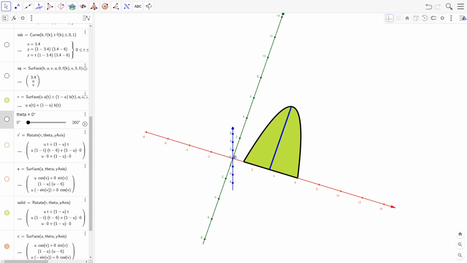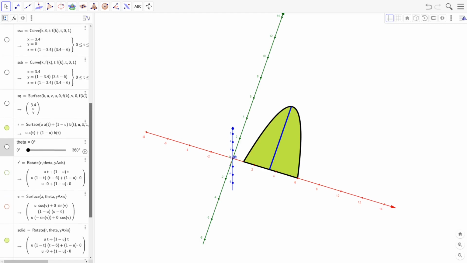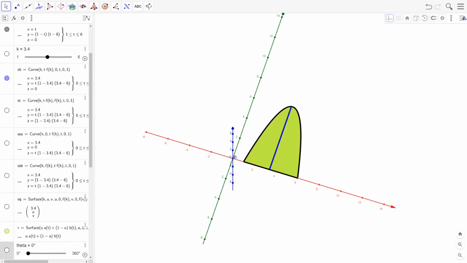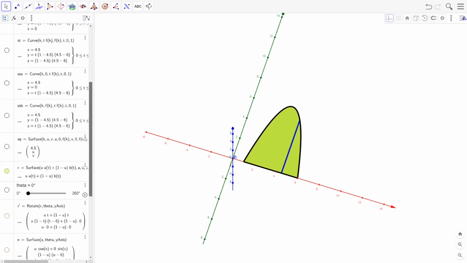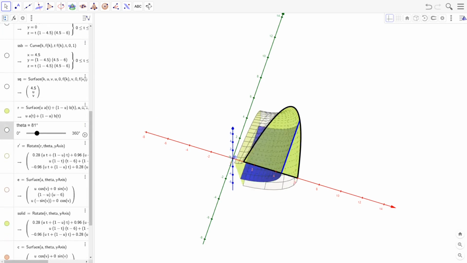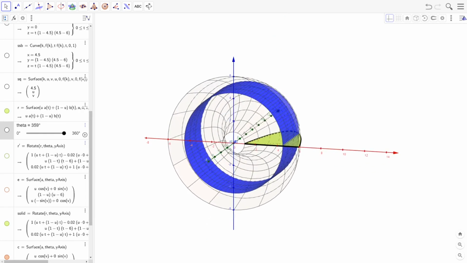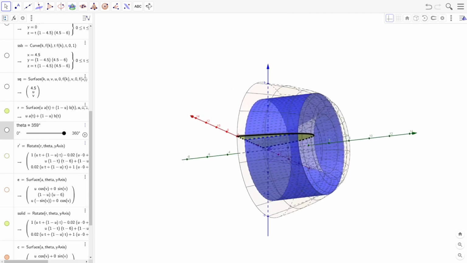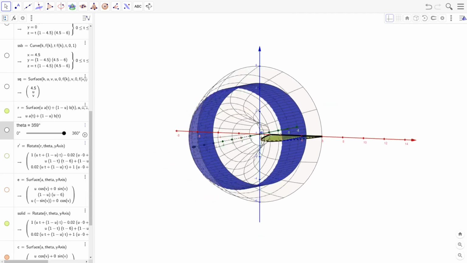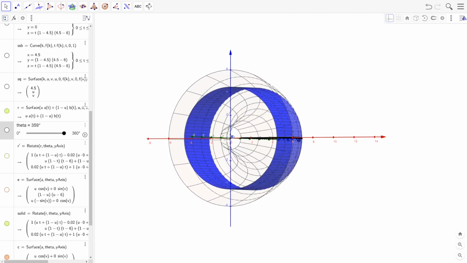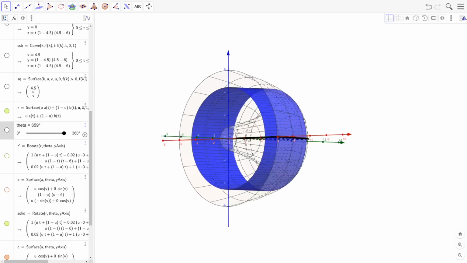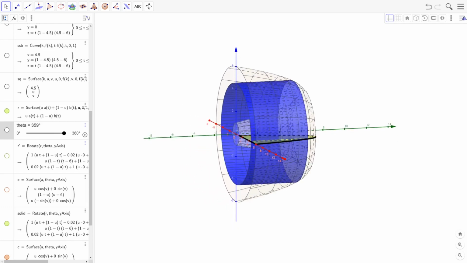We would first take a slice of this region perpendicular to the x-axis or parallel to the y-axis and look at various representative slices between x equals 1 and x equals 6. When we rotate one of these slices about the y-axis, we get a shape that is not a disk or a washer, but which looks like a tube. Could we find the volume of this very thin tube, or sometimes it's called a cylindrical shell?